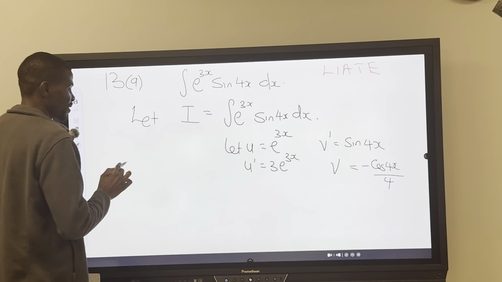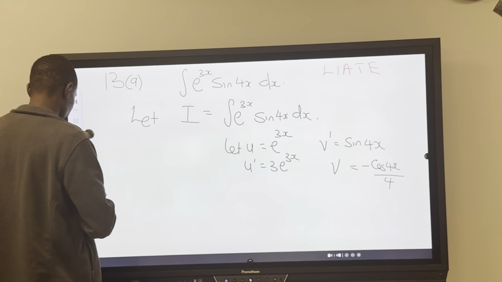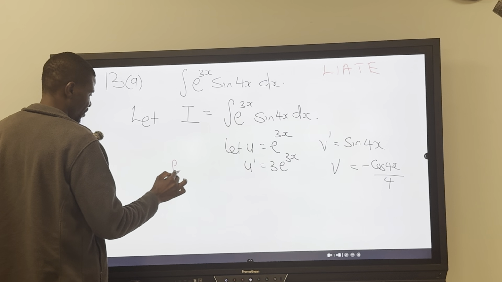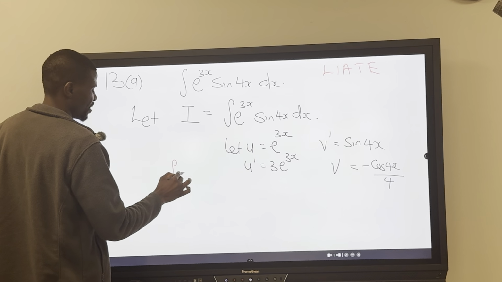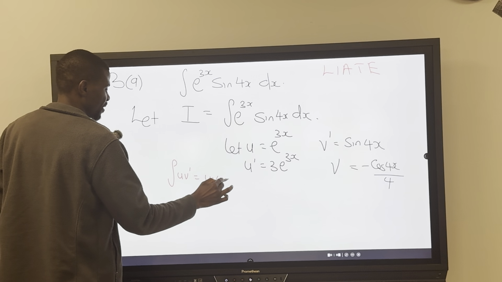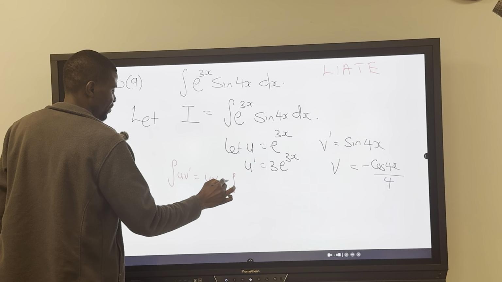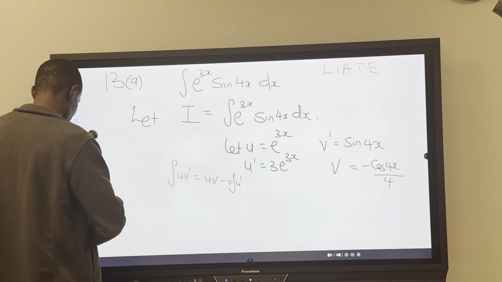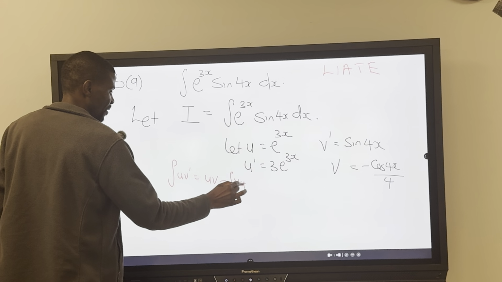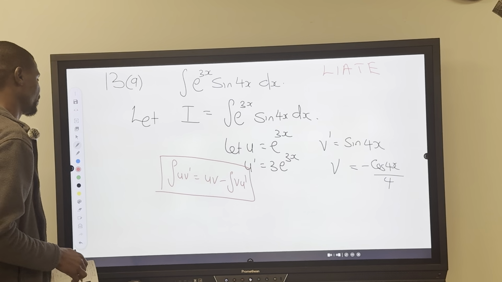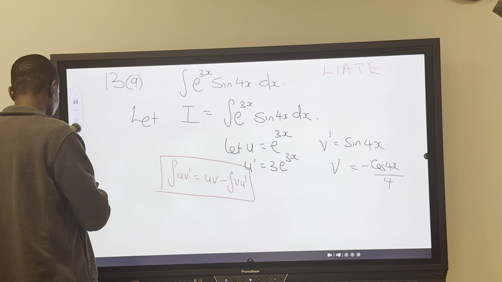And we know that the integration by parts, if I have an integral of u dv, it is going to be uv minus the integral of v du. So this is what I'm going to use. So now